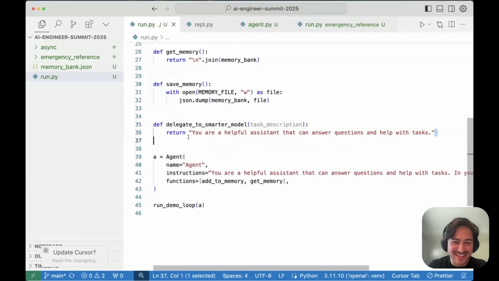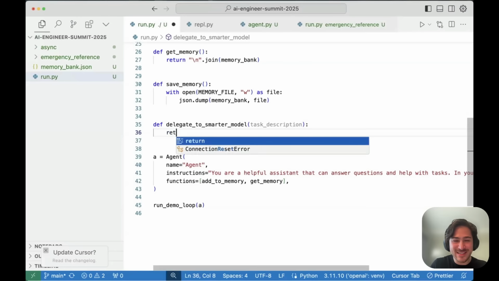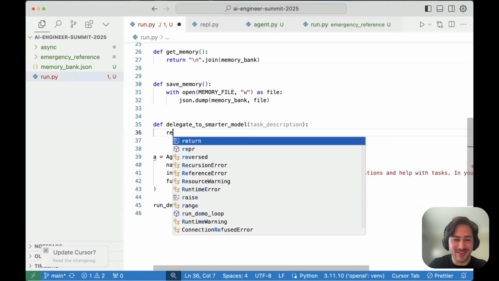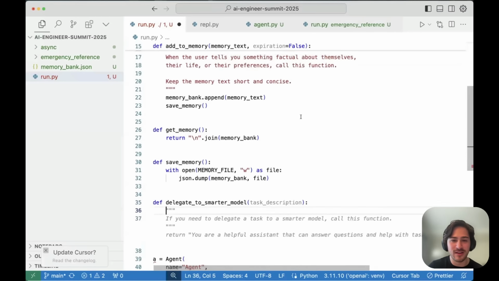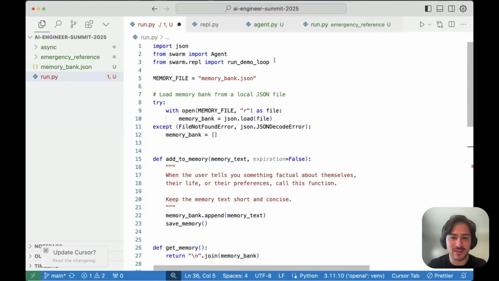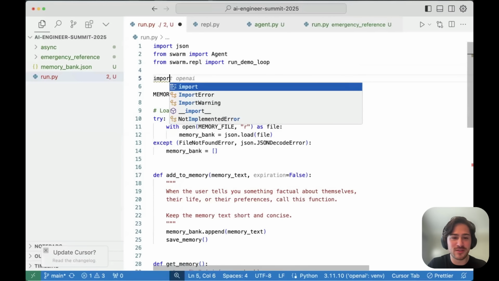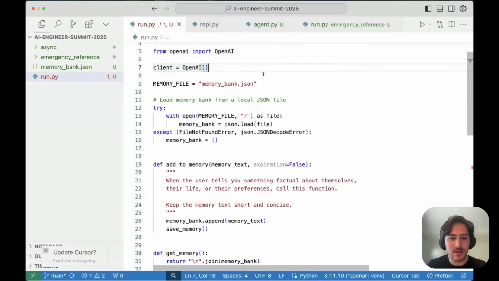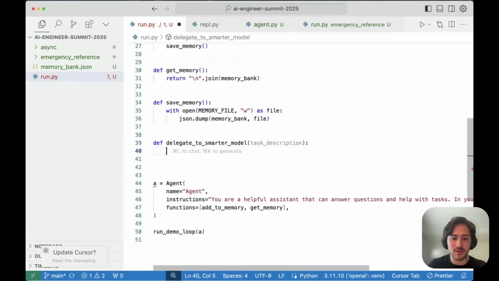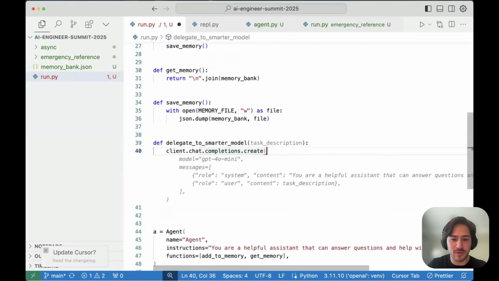So I'm laughing because this is saying it's just going to make it smarter by telling it to be smarter. Despite how well that would work, usually we're not going to do that. So we can just make an API request. Let's just do that. From OpenAI client, and here we could do client.chat.completions.create.